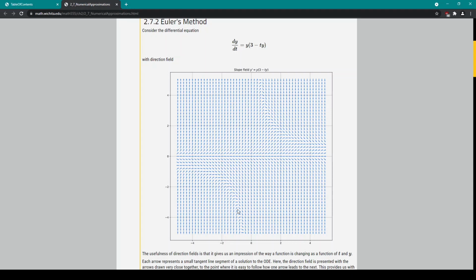All right? And what we want is to come up with some way to at least get an impression of what the solution looks like, based on the information that we can extract from the direction field. Now we could, by hand, go through and try to sketch loosely what a curve through this direction field would look like. But